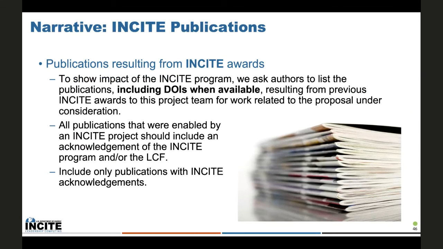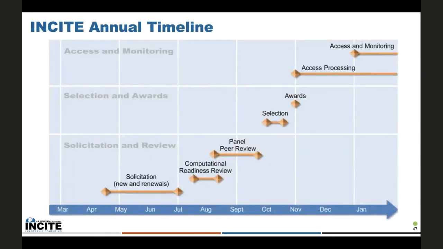So that covers publications, and the next slide will be the timeline. The timeline for the INCITE is illustrated here, and there are three main phases. The first one is solicitation and review, the next one is selection and award, and then the last one is getting access and monitoring the progress. So obviously we are currently at the solicitation period, which will last until approximately mid-June. This time always shifts, as Catherine already made you aware. This year is June 18, but please also always check on the submission web page